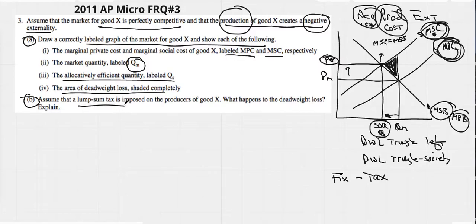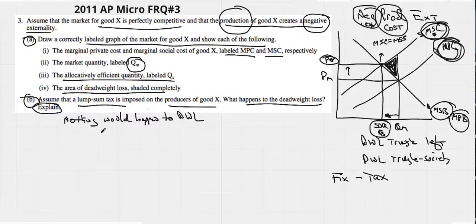Assume that a lump sum tax is imposed on the producers of good X. What would happen to the deadweight loss? Now, we could say nothing would happen to the deadweight loss. And the way we would explain that is lump sums, whether taxes or subsidies, but in this case a tax, do not affect